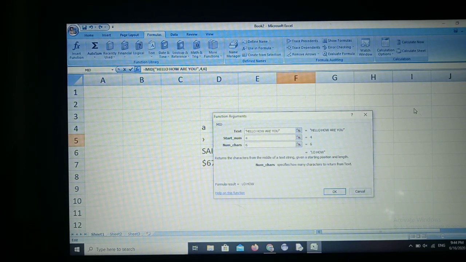So from the fourth position it will extract 6 characters. In HELLO, the fourth position is L. From L, 6 characters: LO space HOW. Total 6 characters.